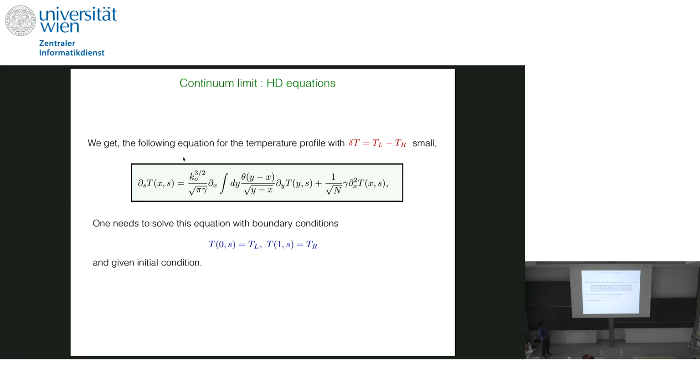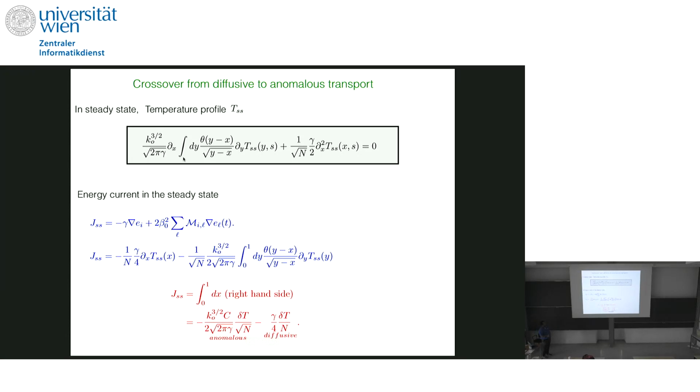of course, this time derivative goes to 0, and you get this equation for the steady state. So this is the temperature profile that you have to solve in the steady state with these boundary conditions to get the steady state temperature profile. And if you want to write down the current in the steady state in terms of this temperature profile, it looks like this. So the right-hand side seems to depend on x, but it's not. The solution of this equation ensures that the right-hand side is actually x-independent, because the left-hand side is x-independent. It should be a constant current in the non-equilibrium steady state.